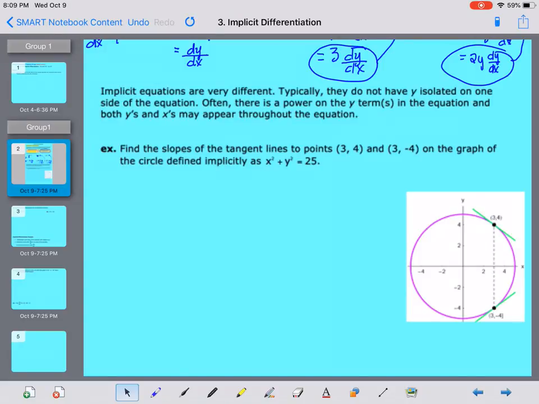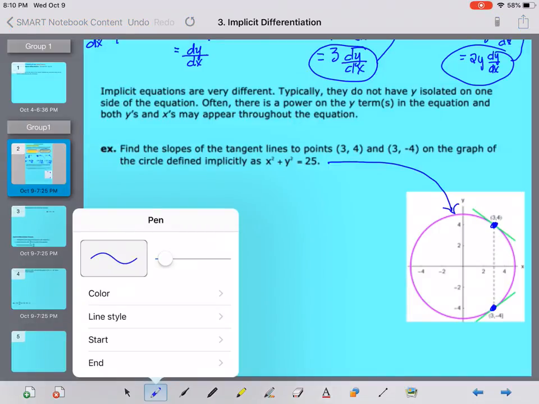So for instance, the first example says to find the slopes of the tangent lines to points (3, 4) and (3, -4) on the graph of the circle defined implicitly as x squared plus y squared equals 25. That equation, if we graph it, represents the circle that we see right here. We're going to concentrate on finding the derivative at that point and at that point. But first, if I want to find the slope of that tangent line that we see drawn in there,